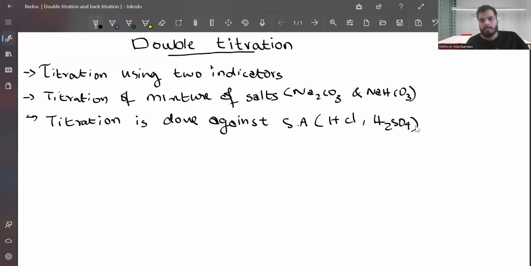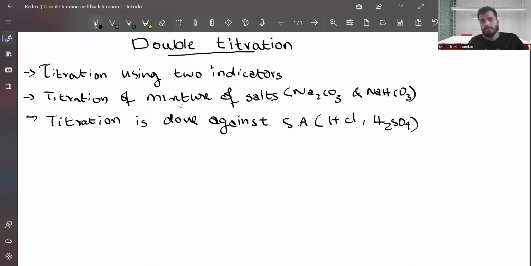You can try with a weak acid, and if you find any difficulties in that, we will discuss it. We'll discuss the strong acid because even the PYQs of JEE Advanced and practice questions from very good books only cover the strong acid. So before going into the double titration,